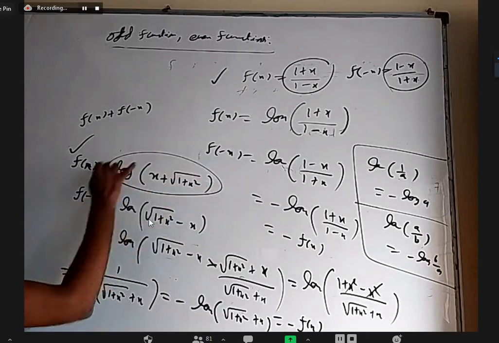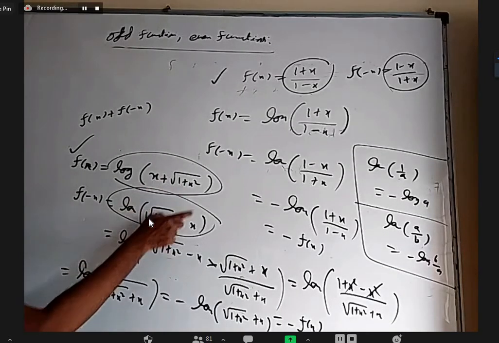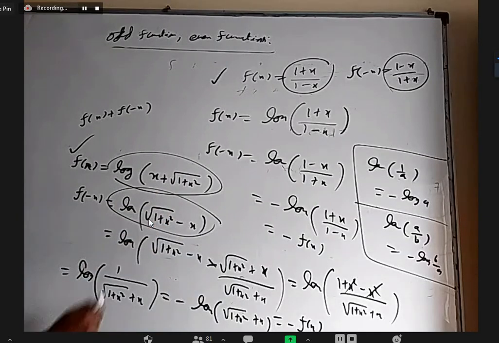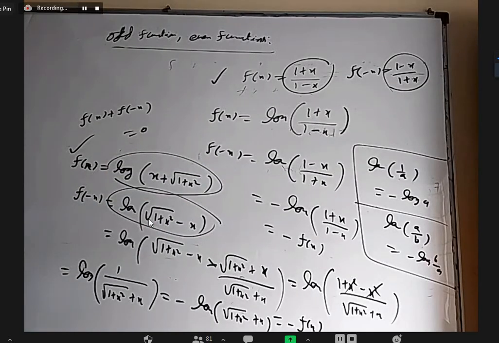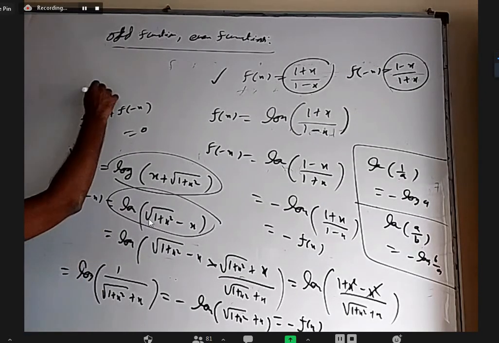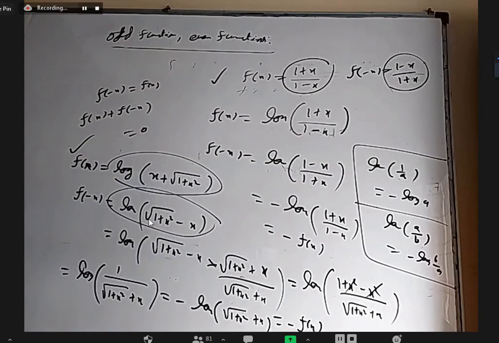Why? What is log a plus log b? Log ab. Okay. So when I try to find a into b, I'll get 1, log 1, and log 1 is 0. Once I get 0, f of minus x is minus f of x, so it is odd. Like that also it can be done. Is it clear? So we can check every question that way. When log is there I'm showing this, but for any question, you find f of minus x, whether it is equal to f of x or not, you can easily check. That is not a difficult thing.